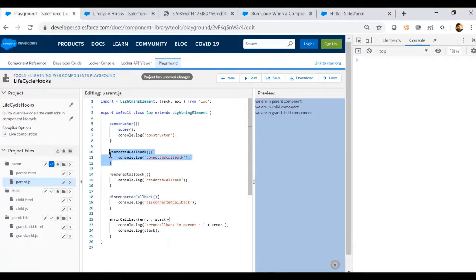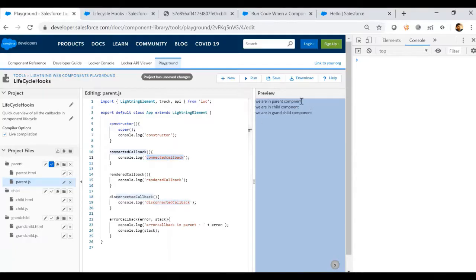It is followed by connectedCallback. This method will be invoked when the component is inserted into the DOM. At this stage, all the public properties, such as any API properties, for example if we place the component with a record ID or such public properties, will be evaluated after the constructor and before connectedCallback, and they will be ready to access in connectedCallback. But at this stage, the component is still not completely rendered, it is just inserted into the DOM.